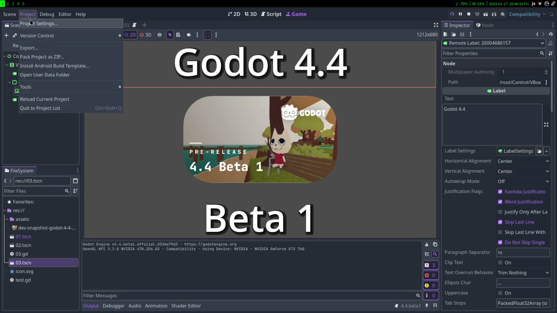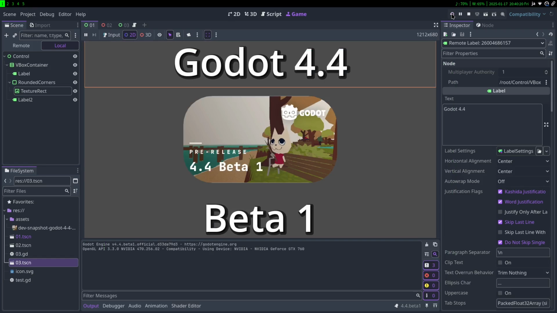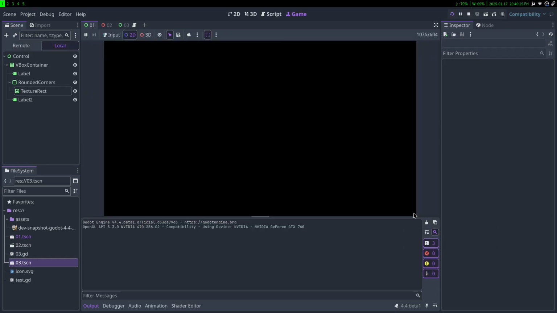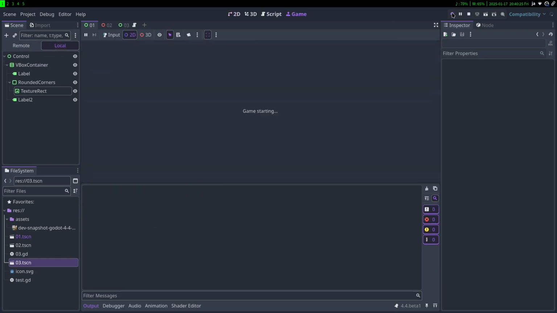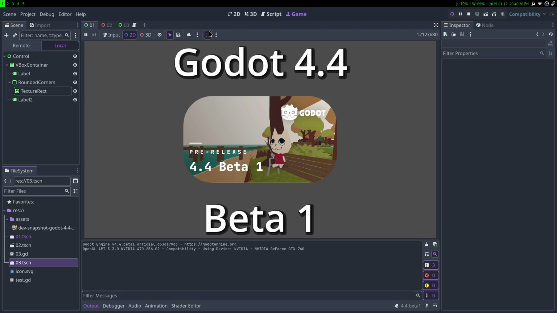But first of all, let's go into some bugs. For some reason, pop-ups, like the tooltips, they just keep disappearing on me. Also, when I run the new game screen, for some reason it's out of the window. If I make this bigger, it's especially noticeable. Yeah, I know it is a pre-release, so bugs are supposed to happen, but I quickly wanted to mention these things. So yeah, it's not stable yet. There are bugs that still need to be squished, but it's a pre-release, so